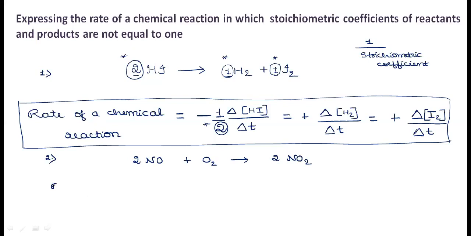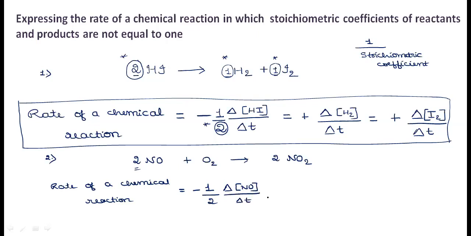So here, the rate of a chemical reaction will be equal to, as it is a reactant, we need to take negative sign. So with respect to first reactant, 2 is the stoichiometric value, hence it is 1 by 2, and change in concentration of that species divided by the time taken for the change, so will be equal to another